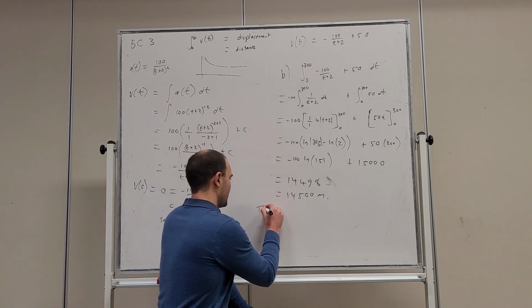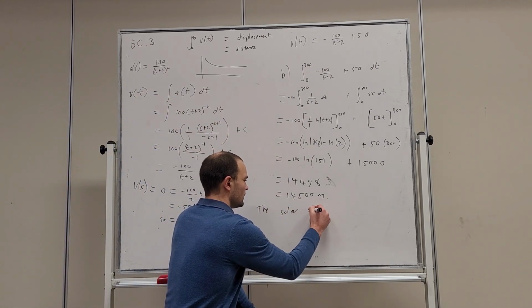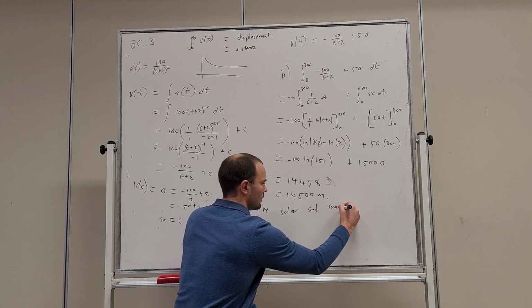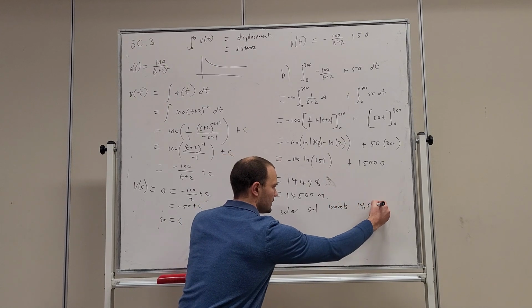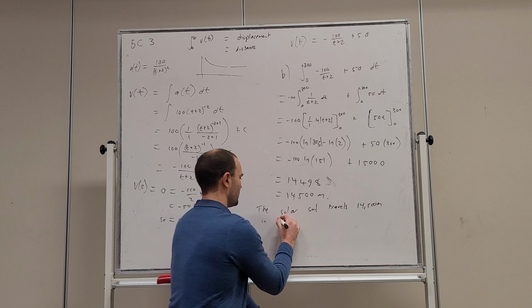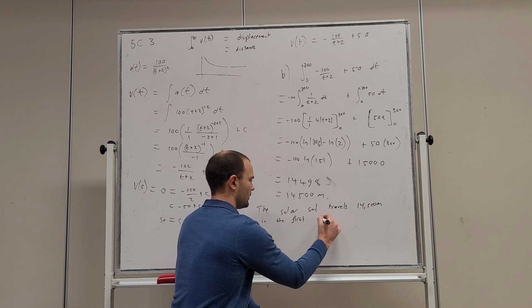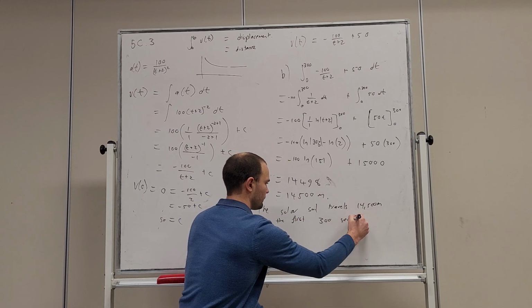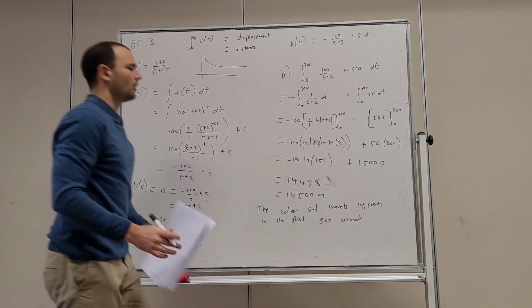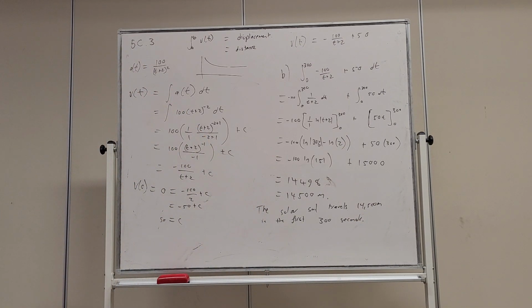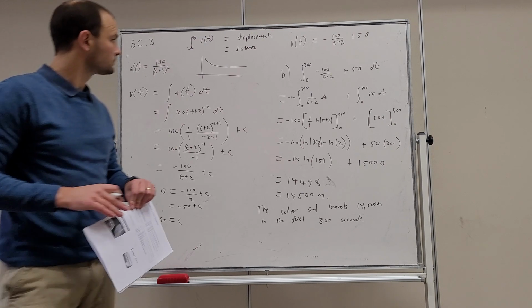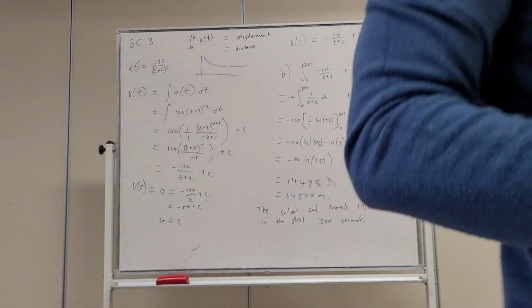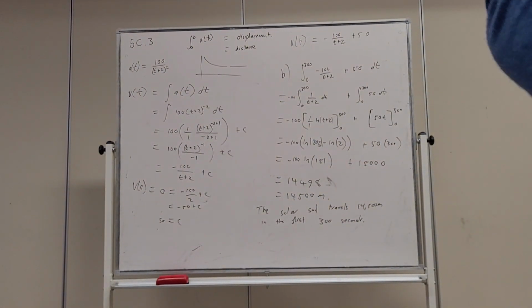So the solar sail travels 14,500 meters in the first 300 seconds. Alright, so that's the distance and the displacement because it doesn't change direction. That's how far it's traveled. Alright, so all we're doing in this exercise, I think the only significant difference is